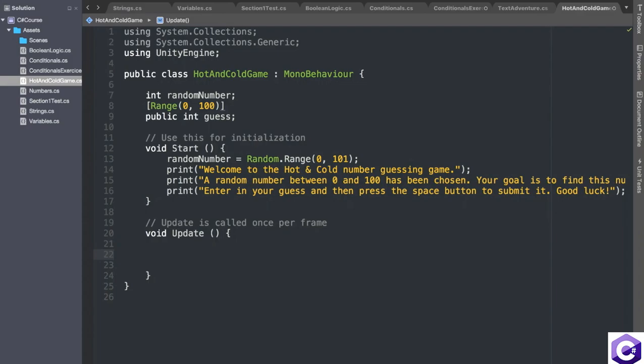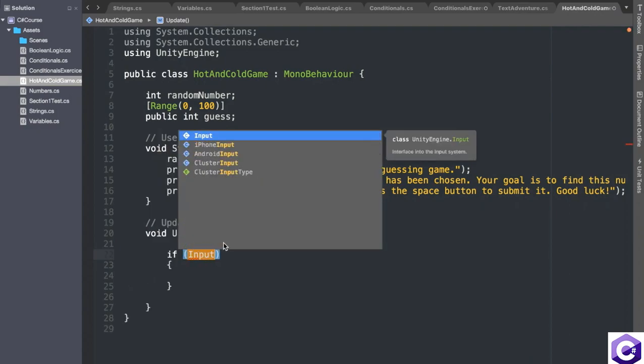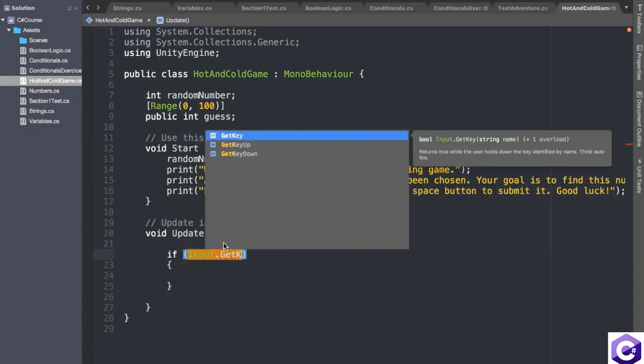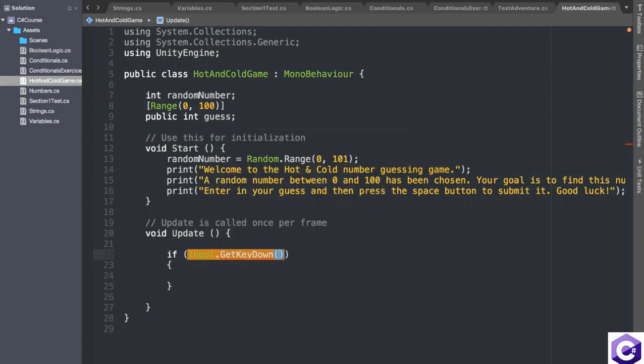Alright, so I hope you're able to find a solution. The way to do it is like this. We're going to make a simple if statement and the condition is going to be inputs.getKeyDown, and then inside of the parentheses you have to type in what key you want to check. So in our case, we will type inside of quotation marks the word space, and that's it. There are other ways to do it as well, so as long as your solution works, it's awesome. Now, any code that we put inside of the curly brackets will get called whenever we press down the space